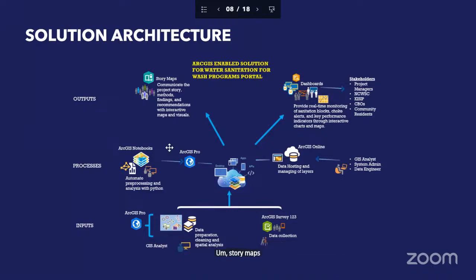Story maps are used to tell the project story, communicate findings, and provide visual context, while dashboards give real-time monitoring of facility conditions, choke alerts, and key indicators. The outputs will serve different stakeholders. For example, project managers who need to plan upgrades, Nairobi Water and KISIP, who handle infrastructure, NGOs like SHOFCO that work on sanitation,